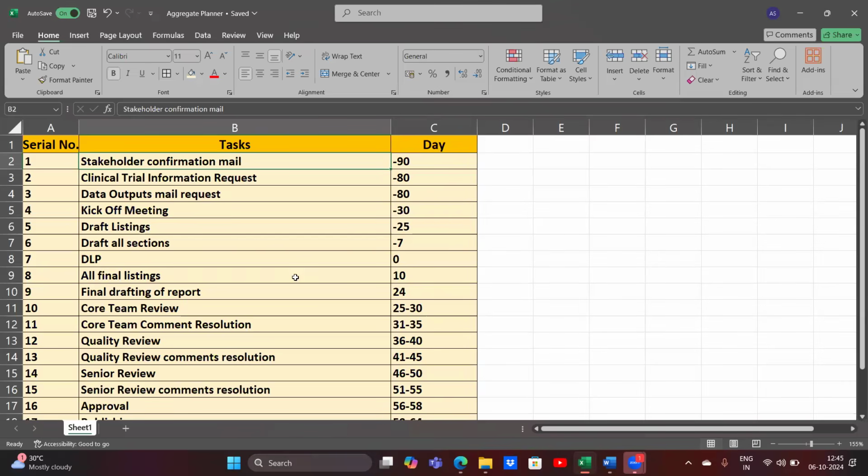So that you will convey to all the stakeholders during the kickoff meeting. Suppose you are writing a risk section, and drug-induced liver injury is a risk. How will you get the cases for drug-induced liver injury? You have to decide on a strategy. So you will ask the physician in that call, or the therapeutic area head, or whoever is responsible for that. You'll ask them that since this is a drug-induced liver injury case risk,